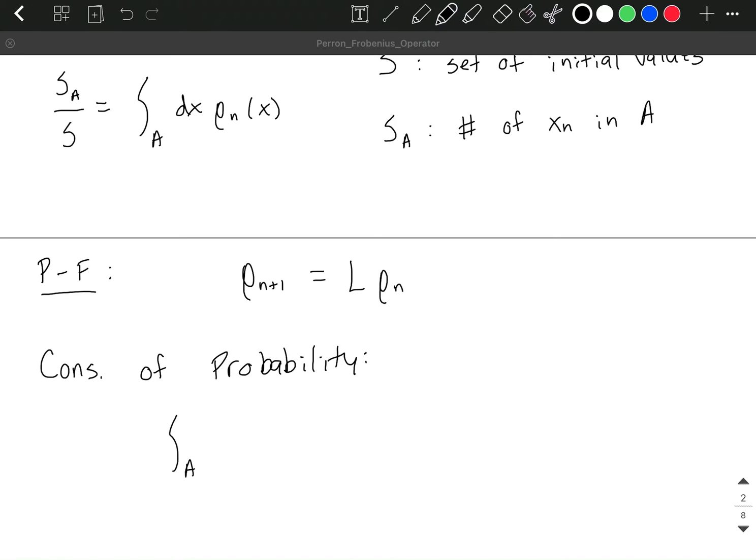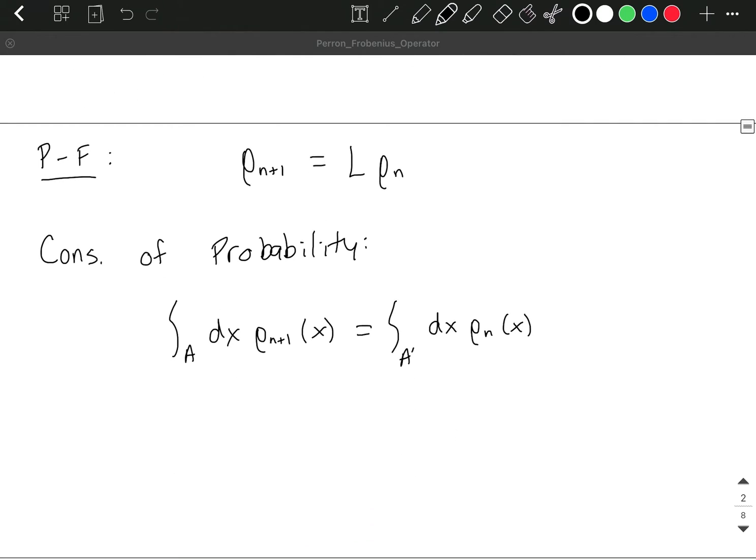The integral over the set A of dx rho sub n plus 1 of x is equal to the integral over A prime, I'll talk about what A prime is here in a second, of dx rho n of x. And so the left-hand side is the integral over the set A, and the right hand is the integral over the set A prime, where A prime is defined as the inverse function of A, or inverse map, where our given map